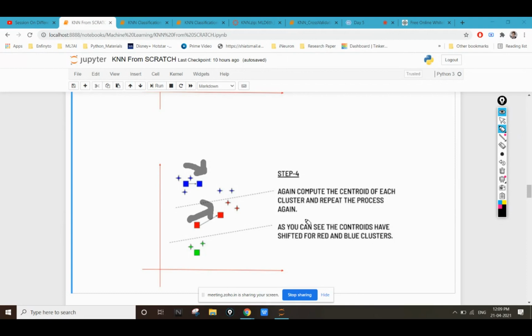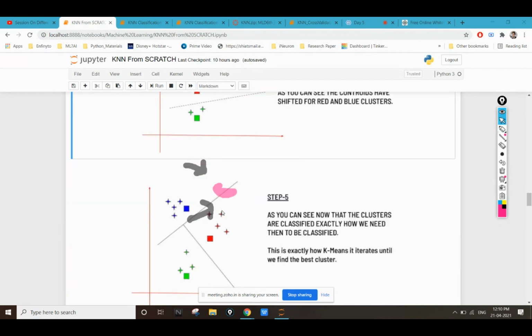When I move my red centroid from this position to the second position, you can see that these two blue points will now be closer to the red point. Not the blue point but the red point. You can see it here in this figure.